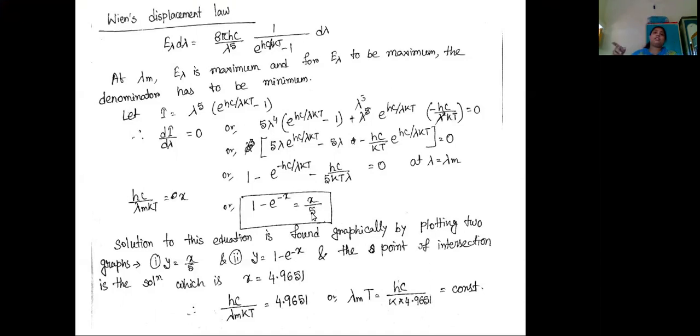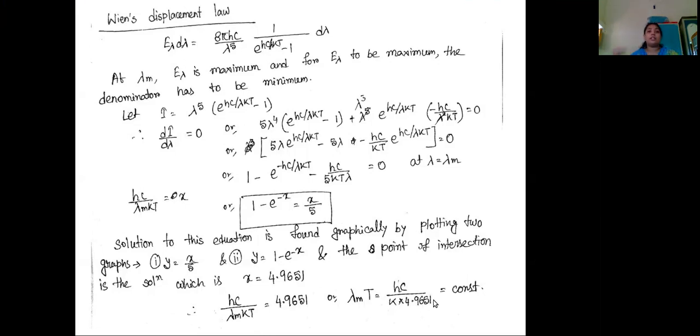So you plot 1 minus e to the power minus x along the y-axis and x along the x-axis one time, and the second time you plot x by 5 along the y-axis and x along the x-axis. The point where the two graphs intersect gives you the point for which the two equations are simultaneously satisfied. The point of intersection is given by x equal to 4.9651. And we had taken hc by lambda kT to be x. So hc by lambda kT is 4.9651, or lambda m into T is equal to hc by k into 4.9651,